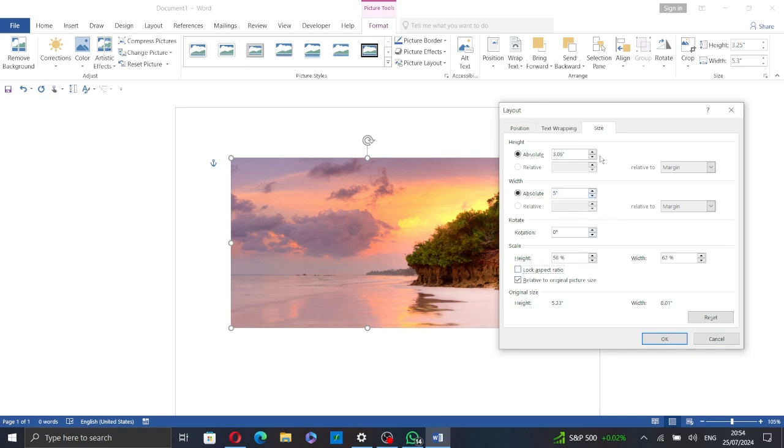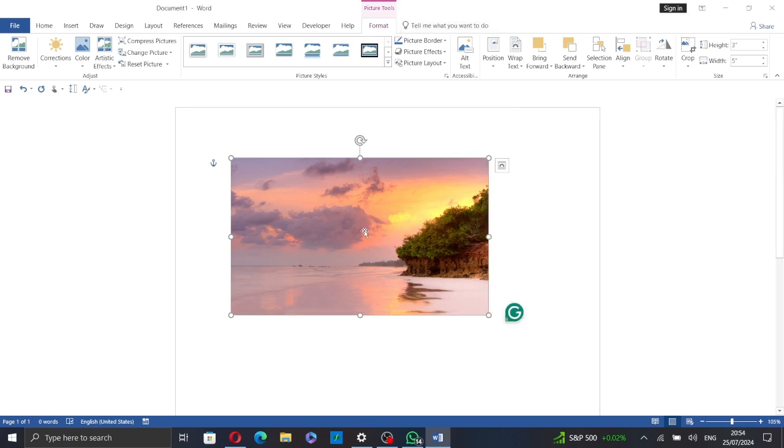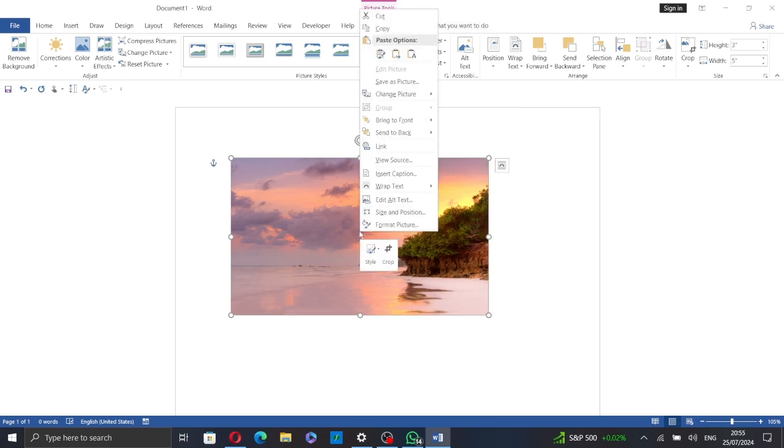Let's uncheck this first and change the width and the height. Let's change it to 3, for example. Then click on OK. And you can also right click on the picture and select Size and Position from the